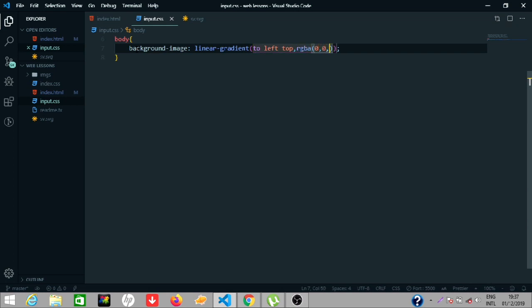Zero, 0.356 should be okay. 356, perfect. Okay, so let's add the second value,